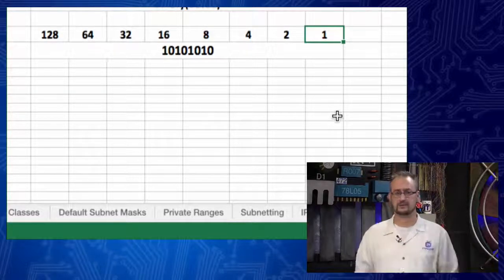So that's one of the things that we want to start out with when we look at our IP addresses. All right, Wes, we're getting the idea of the place values and how we're coming up with the binary numbering system, but how do we get that binary number into something like when we're looking at the IP address, it said 10.0.14? If I wanted that 10, how do I get 10? That's a great question.